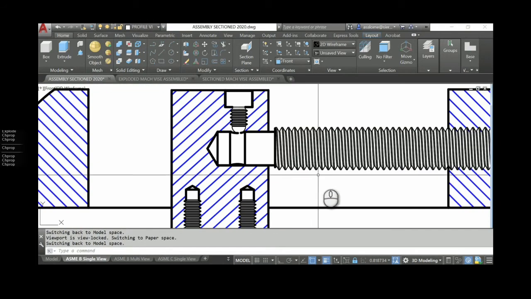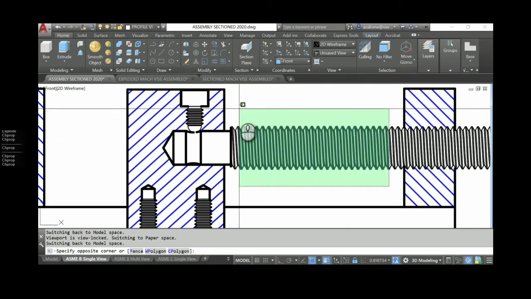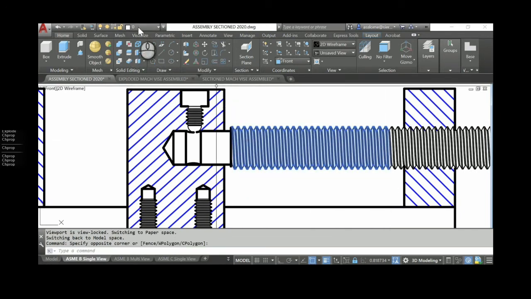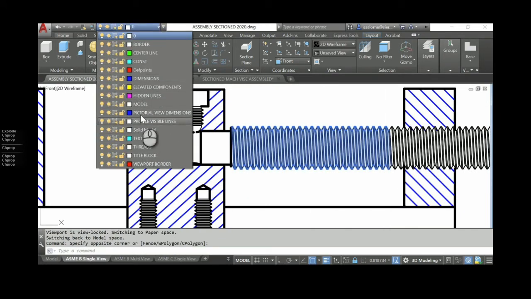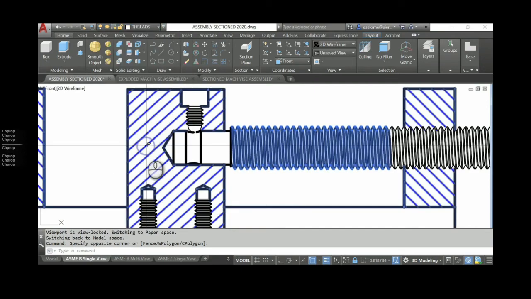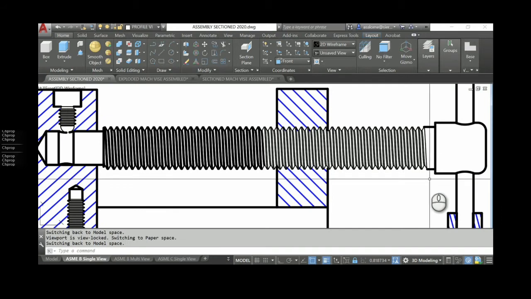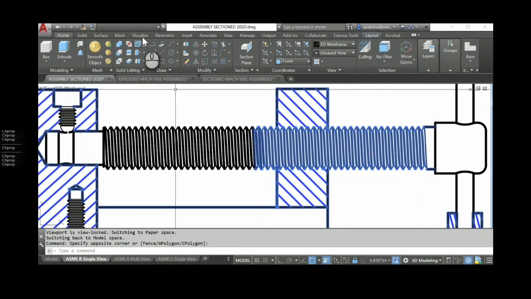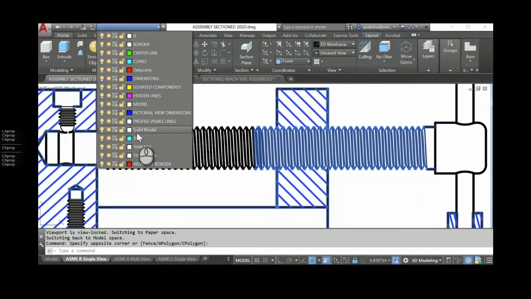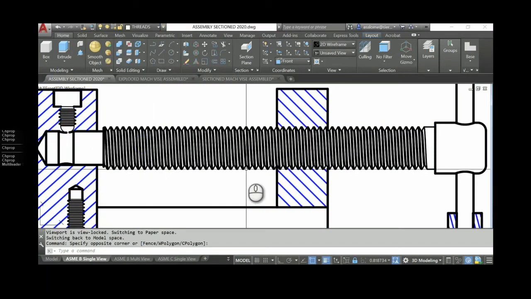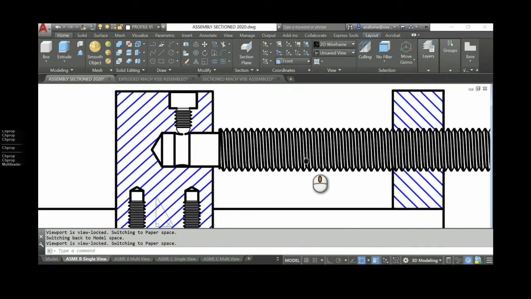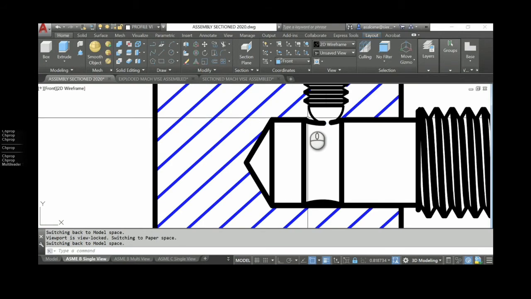And then my lines for my threads are going to go onto that threaded layer. What that's going to do is make it just a little bit thinner than the object line.